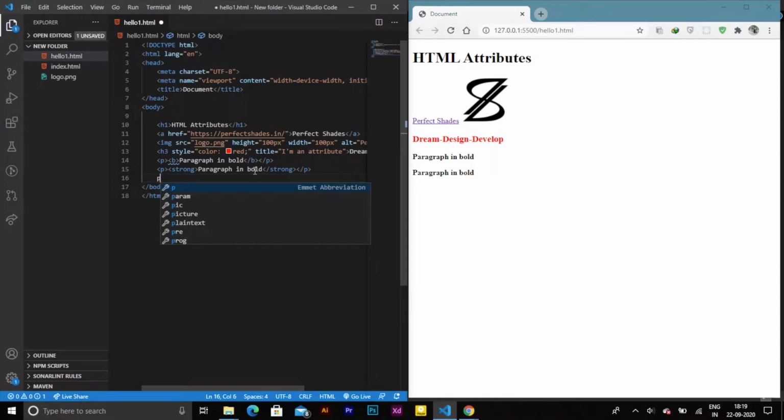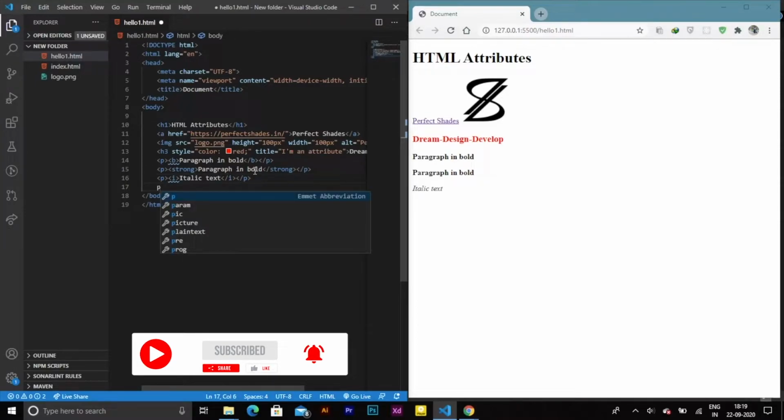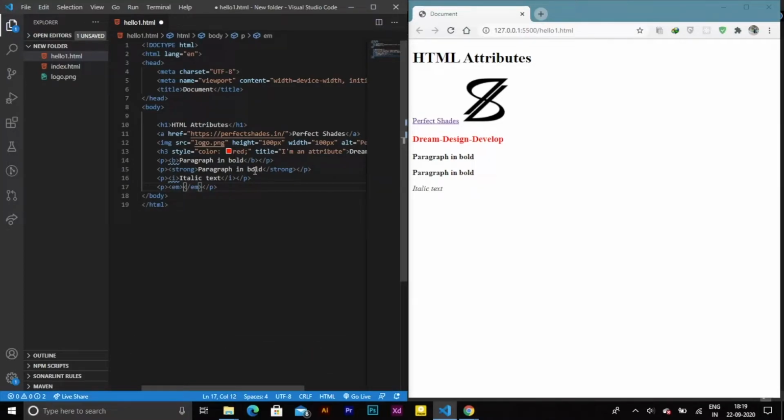First let's create a paragraph tag, and then inside that we can define the I tag and add some text in between them. Also let's create another paragraph tag, and inside that add the EM tag and add some text in between them and hit save. And you can see that the paragraph text appears in italic in both cases, but there is some difference between the two which I have already explained.